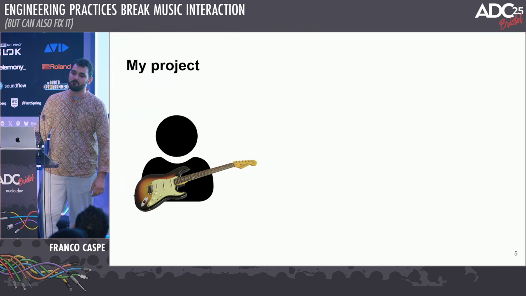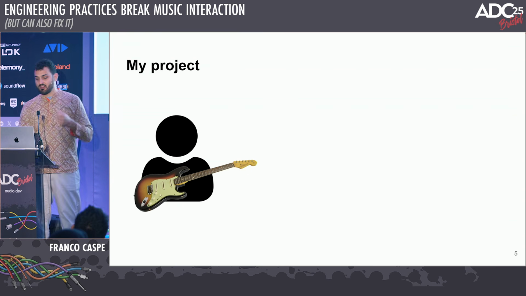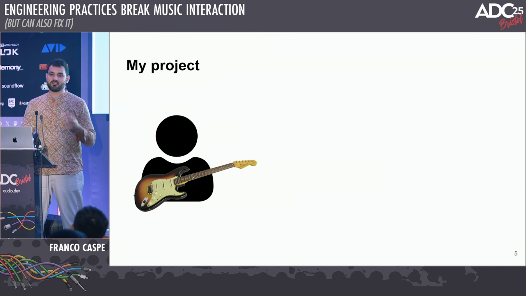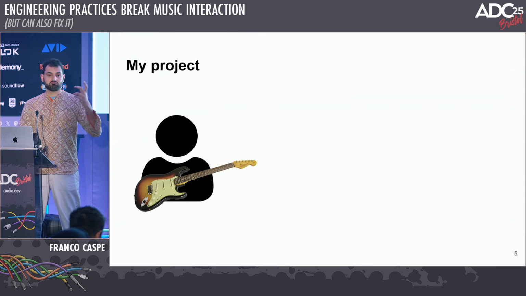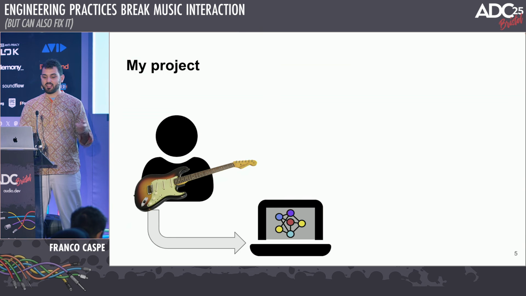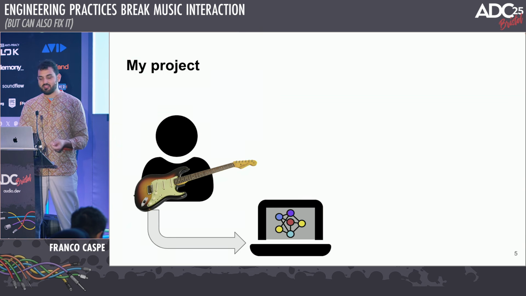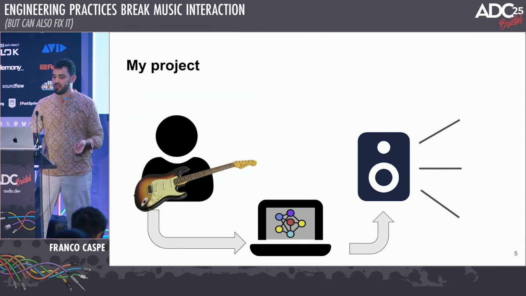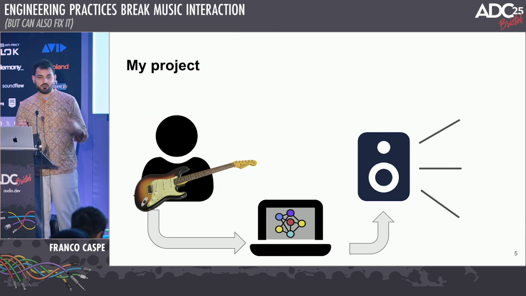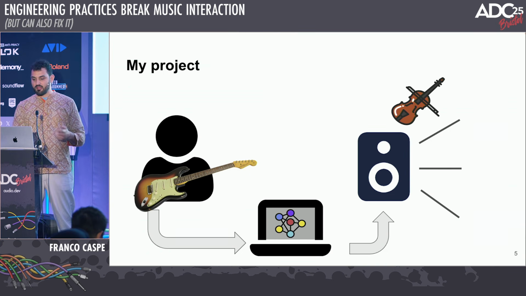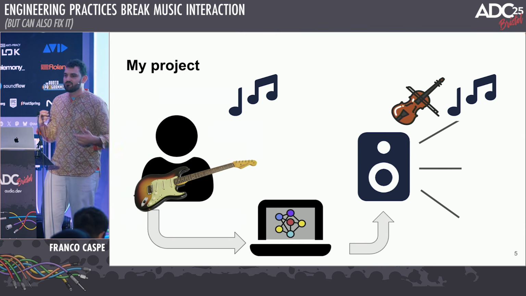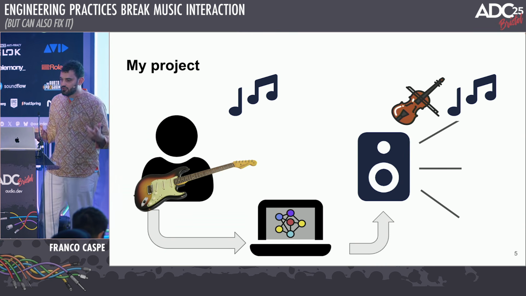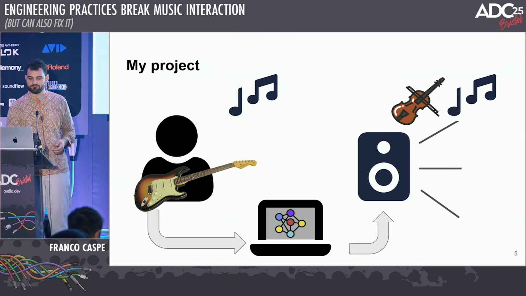So yeah, that's me. And my project is about controlling a synthesizer with sound. You could also call it timbre transformation if you wish. And the whole idea here is that I play guitar, so I want to connect my guitar to a computer, get the audio from my guitar to a computer, and I want that computer with a neural network to generate audio that perhaps has a different timbre, but of course the same content. If you wish, the same melody, the same chords, the same timing, the same rhythm.